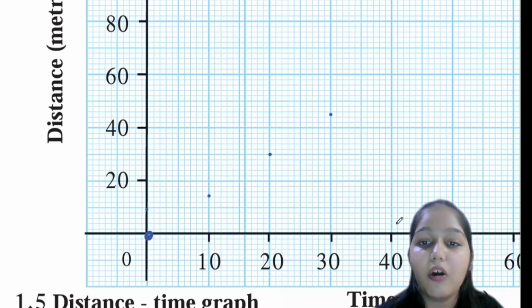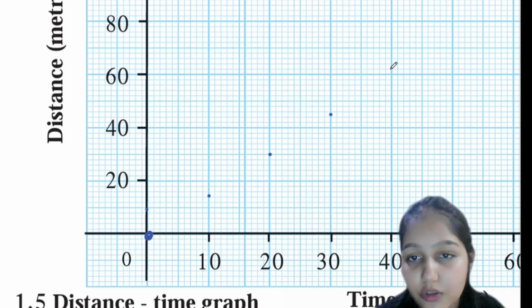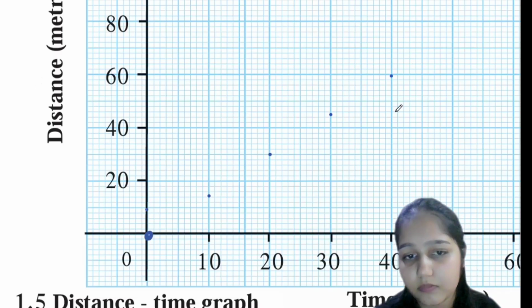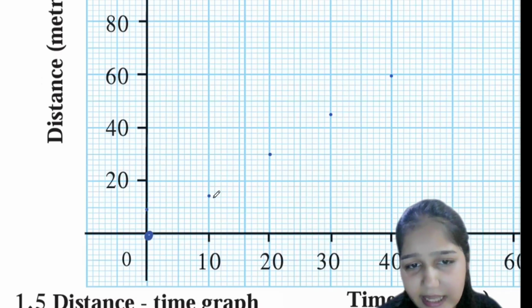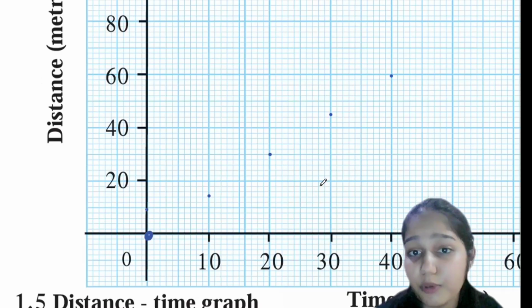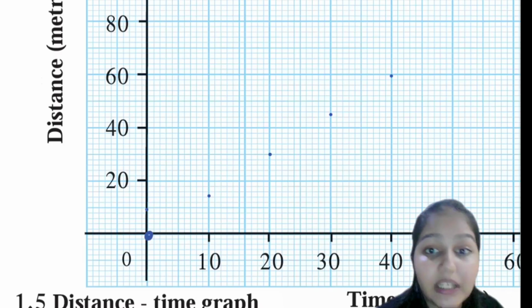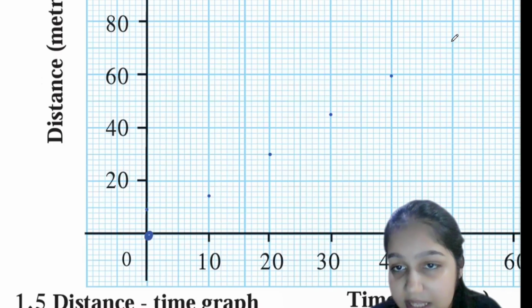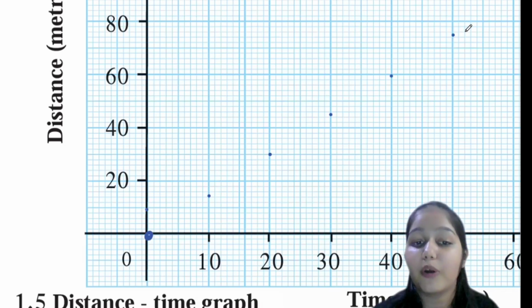Okay. Then on 40, it is 60. So here the direct line on the point, that is 60. I hope you are understanding. It is like this. At 50, the line shows at 75. That is 70 is here. 75 means between 72 and 74 here. I hope you are getting it. Please write it down in your books if it is not given to you.